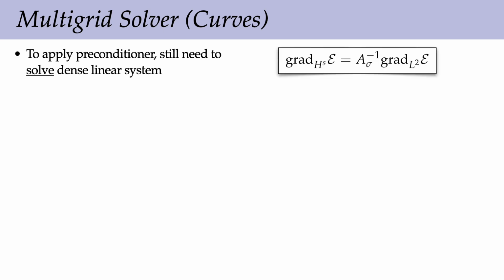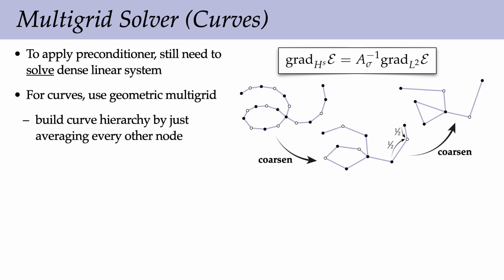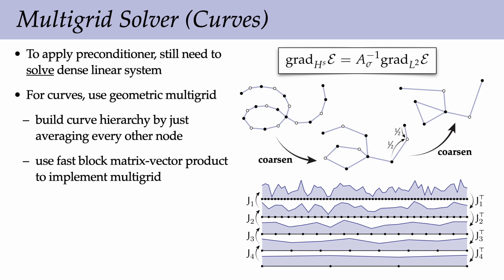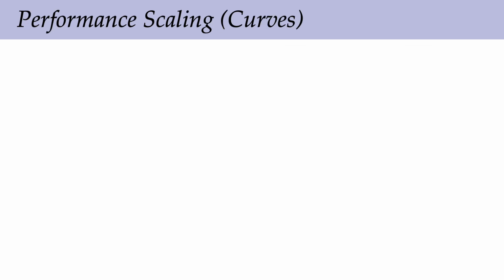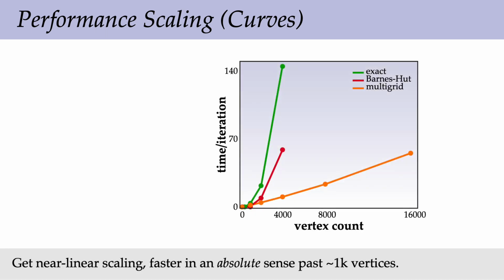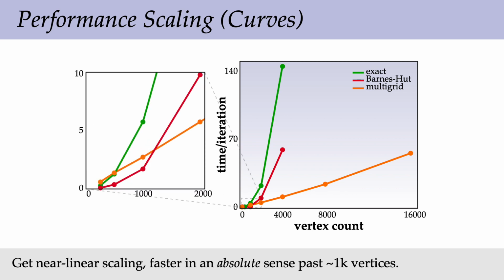So now we can multiply this matrix efficiently, but we still need to solve our linear system. For curves, this is pretty easy to do using geometric multigrid. We build a hierarchy of curves by just averaging every other node, and then use our fast block matrix vector multiply to implement multigrid. In reality, there's some additional complexity here for dealing with constraints, which I'll defer to the paper. In the end, when we put this all together, we get the desired behavior. The compute time scales almost linearly in the number of vertices and is faster in an absolute sense past about